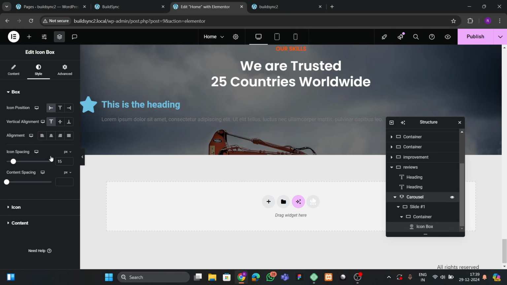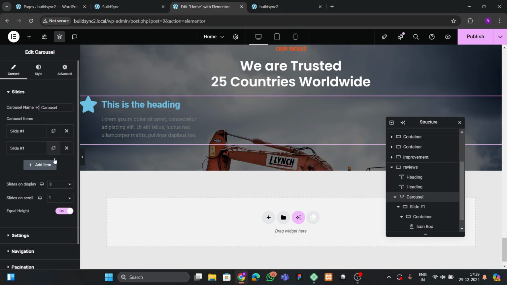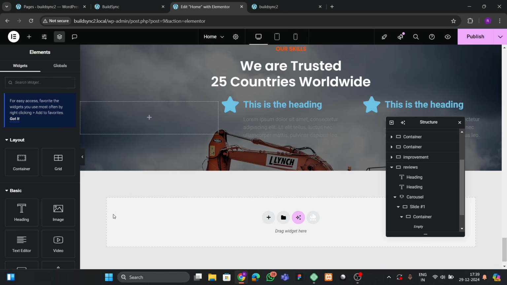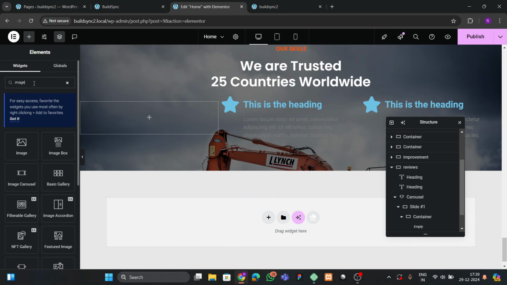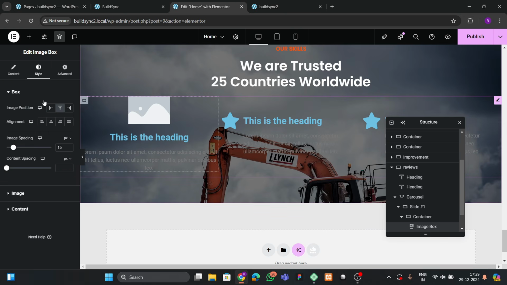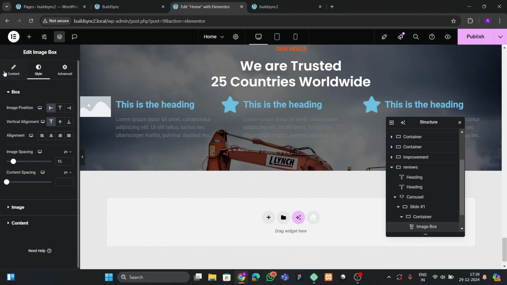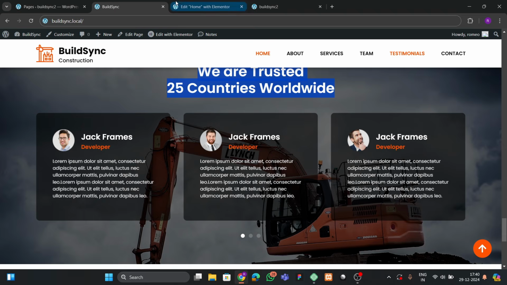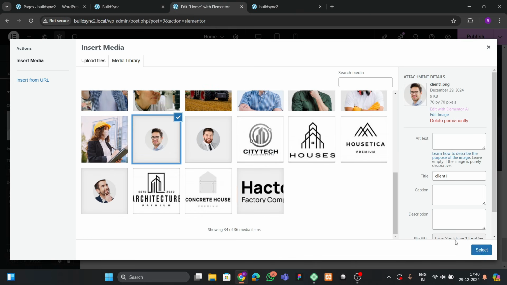So let me do one thing, go to carousel, and here we're gonna duplicate this like this, so we can design it accordingly. So here we don't want to use the icon box, we're gonna use the image box, Elementor image box. We can also make this custom, but why make this custom when we have this? So here we can choose, suppose, what we have chosen here. Okay, so these are the icons. So let me choose this icon,